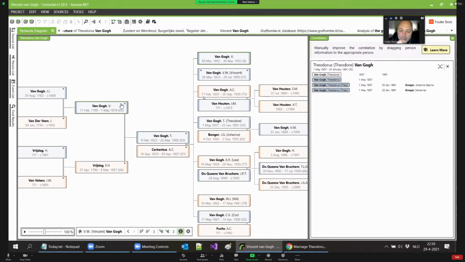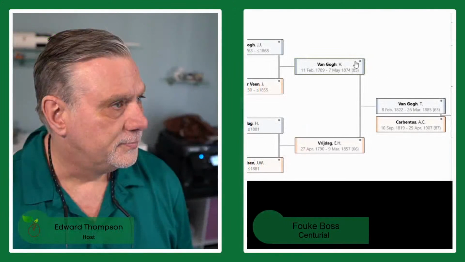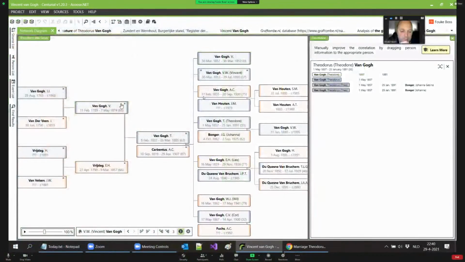And without them knowing it, they were doing genealogy according to the genealogical proof standard. Without them even realizing it, without them ever reading anything about that. And I think it was Elizabeth Shown Mills who once said, how do people learn how to do genealogy? Well, they learn it through the software they're using, and in this case, it's actually working. That's really surprising to see.